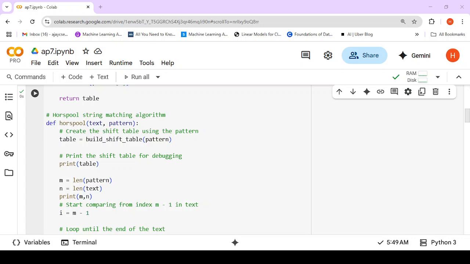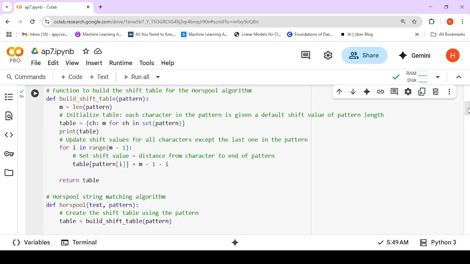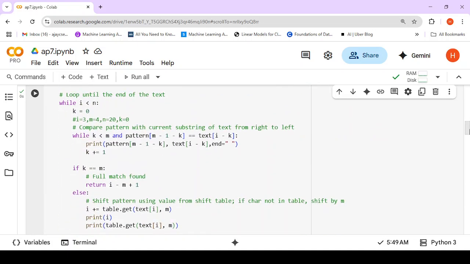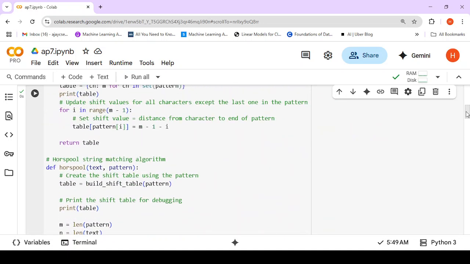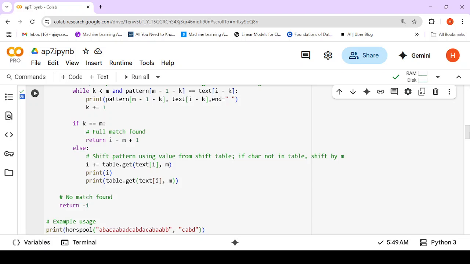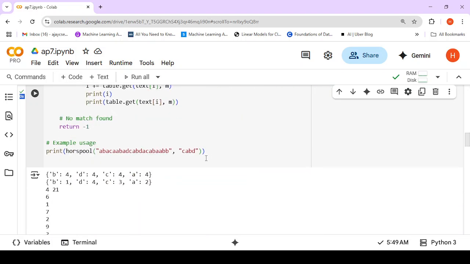We are going to see about the Horspool algorithm. So now the idea of the Horspool algorithm is to create a table that is called the shift table, and once we do the shift table, I can easily do the pattern matching. We will discuss the overall idea of the algorithm, and then we will move on to the code. So first of all, I create the bad shift for the pattern, the shift table for the pattern,